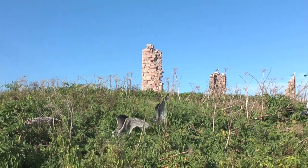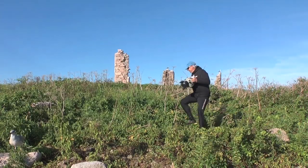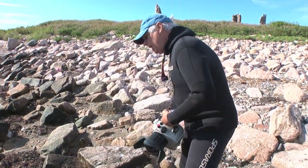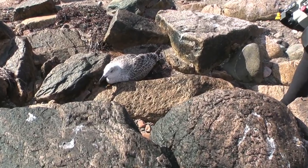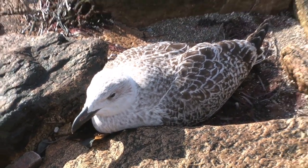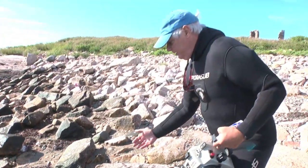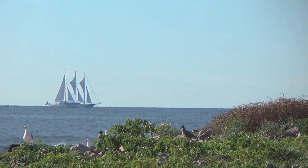Look, they've lost their ability to fly. They just run. Similar to the Galapagos Islands, these birds, according to Richard Attenborough, have basically lost their fear of humans and are unable to fly. That's why they're so camouflaged. And as you can see,